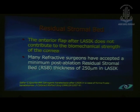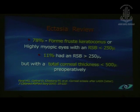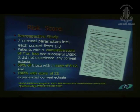If we look at a review of ectasias, 78% of them would have a forme fruste keratoconus, or they would be highly myopic eyes where the expected residual stromal bed would be less than 250 microns. 11% of these had a residual stromal bed of more than 250 microns, but with a total corneal thickness of less than 500 preoperatively. So essentially, a risk score can then be applied or constructed,